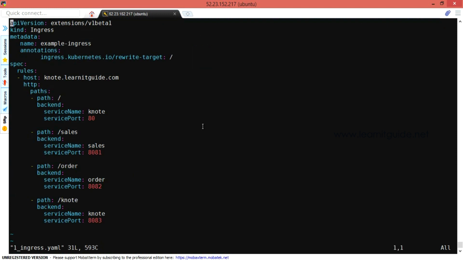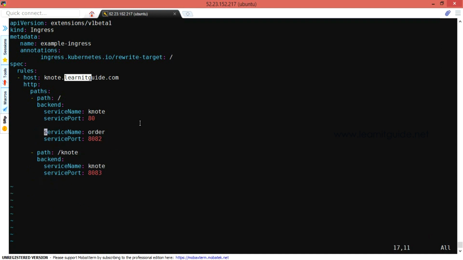So I will be exposing only through my Ingress controller. And this is a basic example file. The host I use is knote.lanetygate.com, and this is how you can configure Ingress. Those who are accessing knote.lanetygate.com, that will be redirected to the Knote service, and if somebody is accessing knote.lanetygate.com/sales, that will be redirected to the sales service, and if anybody is accessing /order, then it will redirect to the order services. And make sure you have configured the DNS for this domain. Knote.lanetygate.com is pointing to our ELB. I just keep only the minimal rules.